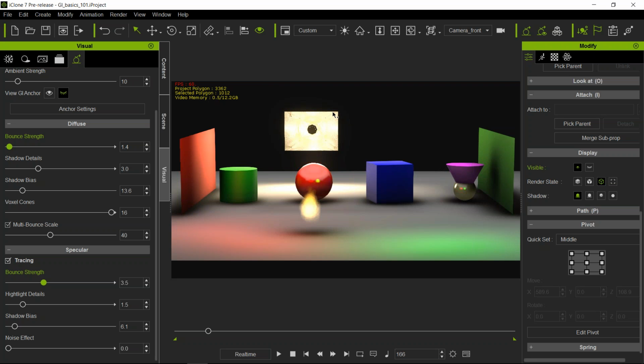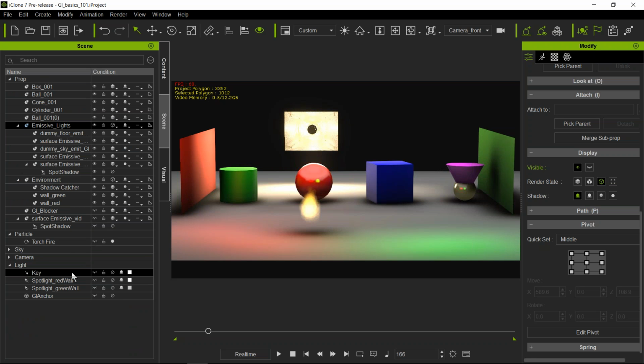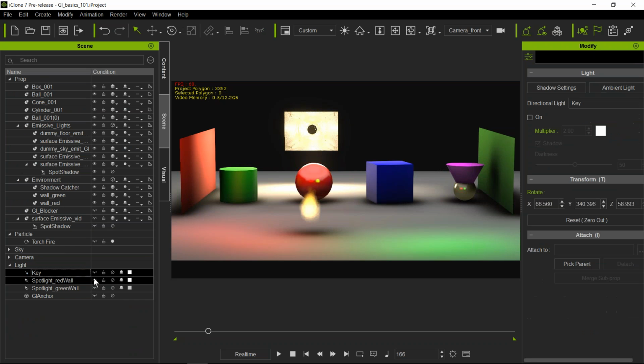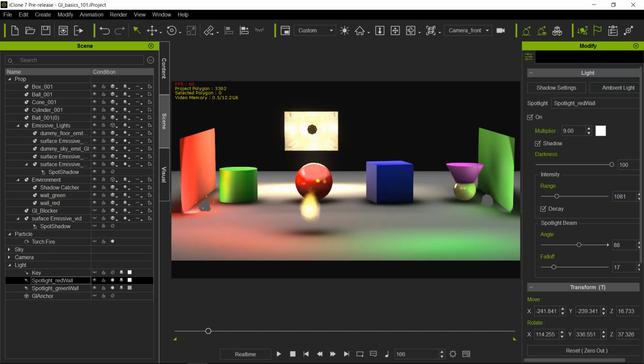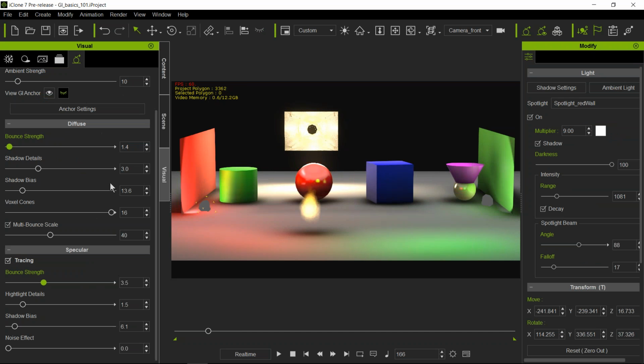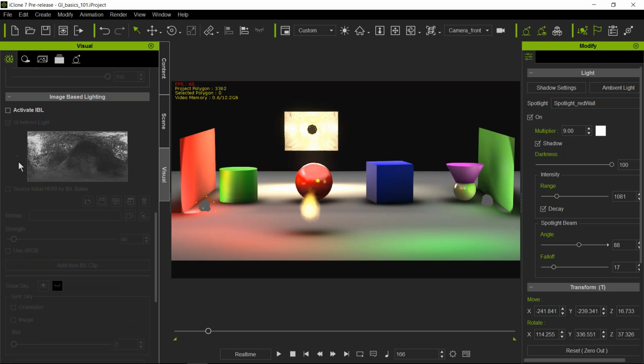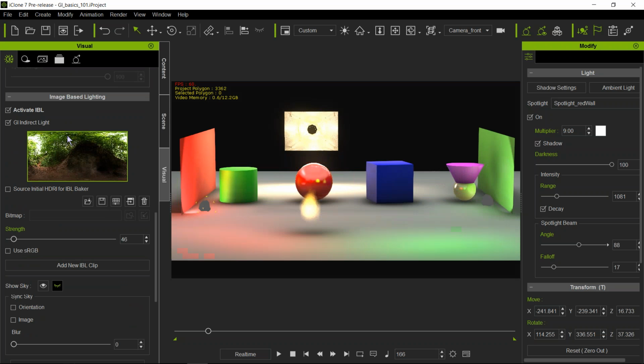So we have light emitting surfaces. We have direct light sources, directional lights, spotlights, and of course, we have IBLs or image-based lighting that contribute to GI, and particles. All of these components will allow you to make one beautiful image and scene. All right, so it's time to move on to the next topic, which brings us to